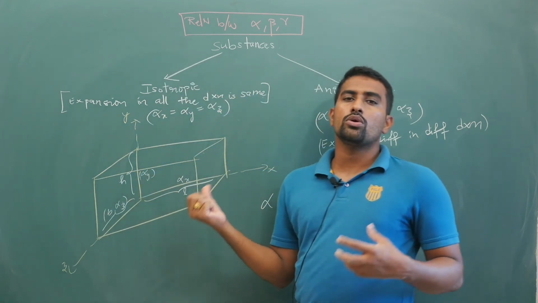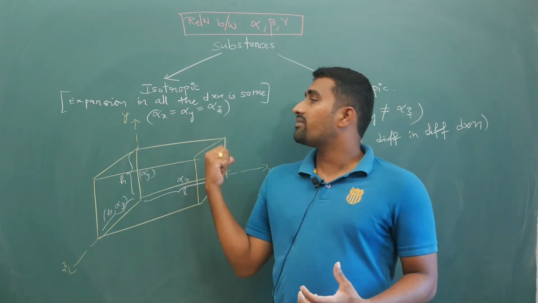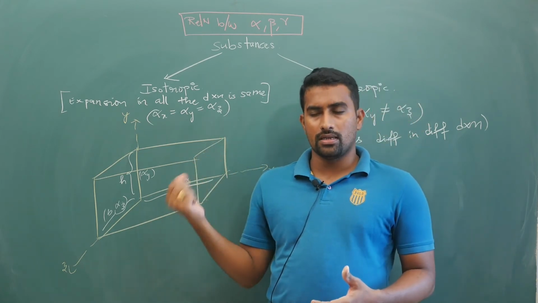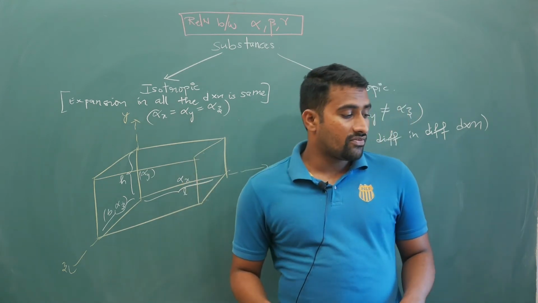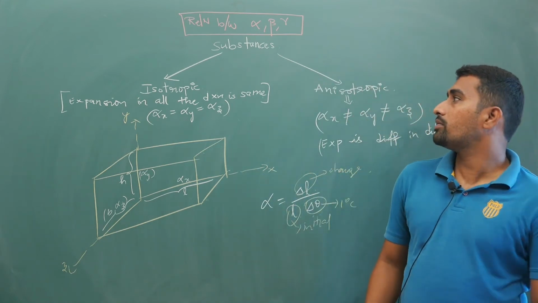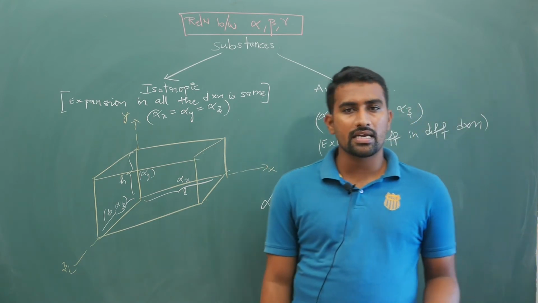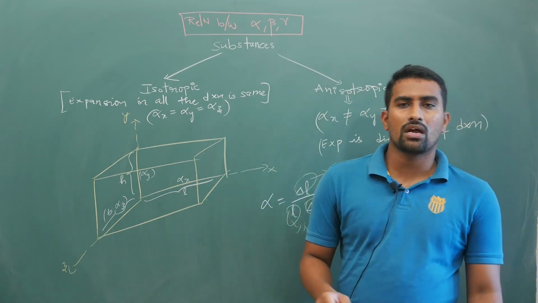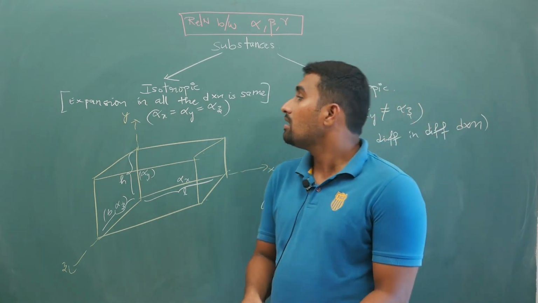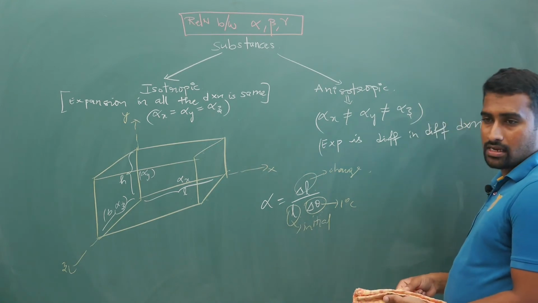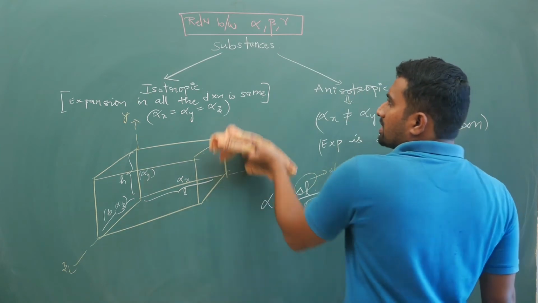We need to use these ideas and then calculate the different beta and gamma values based on the situation and figure. So for clarity's sake, I will take a cube. Let us say it has different dimensions: alpha x is different, alpha y is different and alpha z is different. It is an anisotropic solid. For that cube I will try to calculate beta and alpha. Hope you are getting my point. So let me erase this.